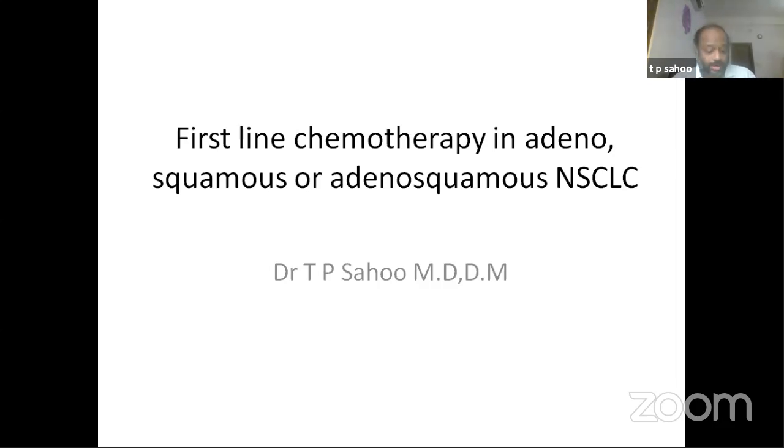and squamous. So my point here is to look at the peculiarity of the adenosquamous, which few of us know theoretically, but very few actually know what exactly to do and how to go around it. And in the last part of my 4 or 5 slides, I'll go to the classical things, how we stick to and would like to treat with chemotherapy. For starters, I would like to put up very clearly that I'll be restricting my talk to the chemotherapy part of it and probably adding on the immunotherapy in the first line, and I would not dwell beyond the first